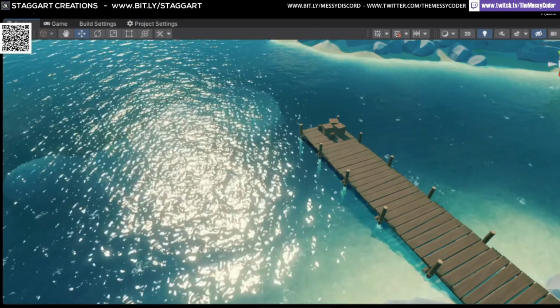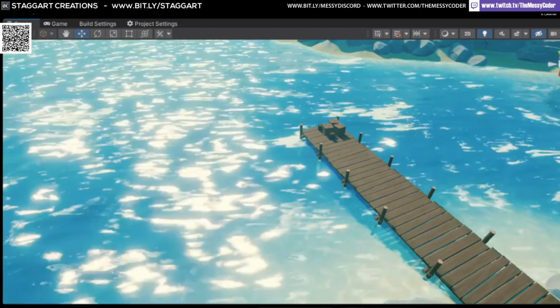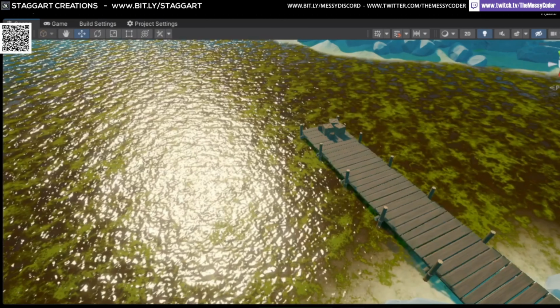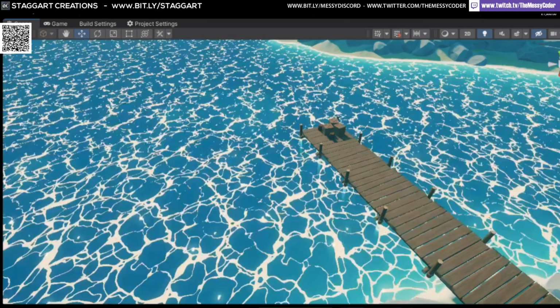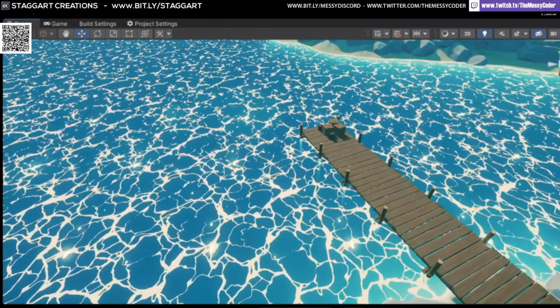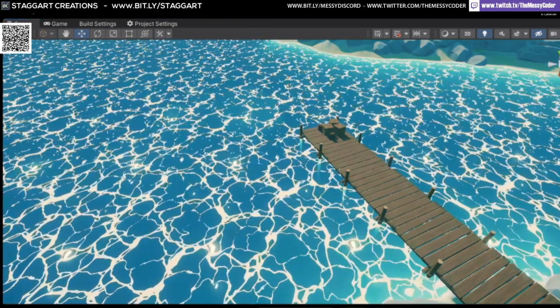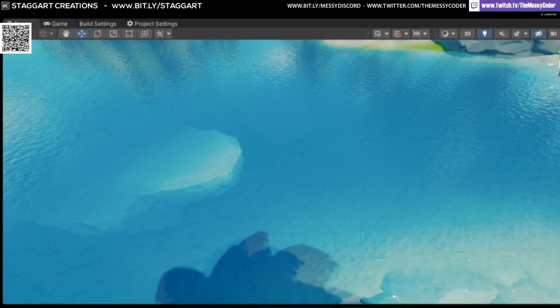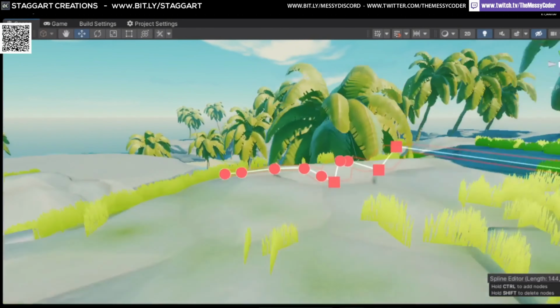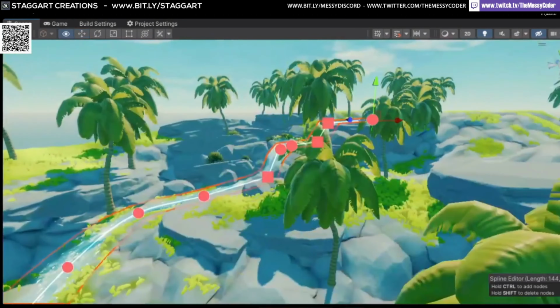Right, we're asking which water is this? This is yet another water system, aka the best URP water system on the asset store, Stylized Water 2 from Jim Staggart, Detective Jim Staggart, PI, Staggart Creations. There you go. And from what Jim's been showing us today, you'll always be Jim from now on. It is lovely. Thank you.